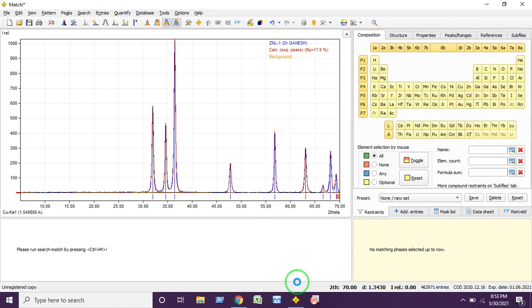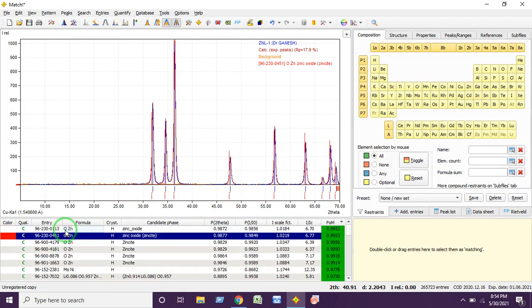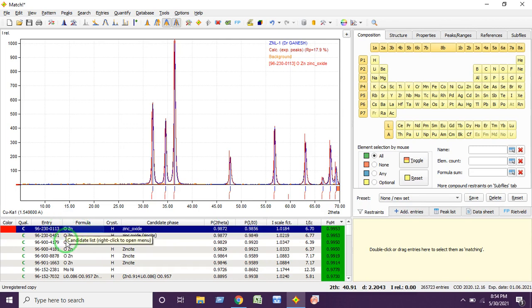Now it will show the available most suitable, most related XRD patterns. So here you can see the most suitable XRD patterns. Here is one XRD pattern. Different databases it is going to show you.